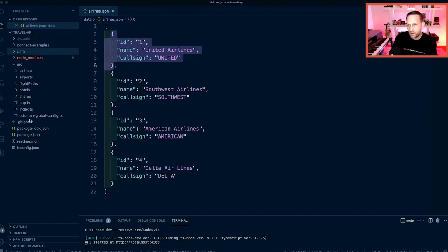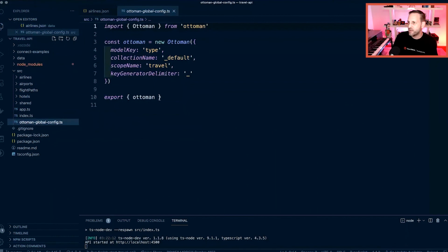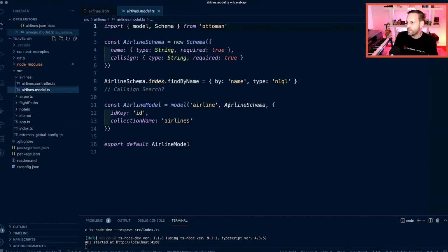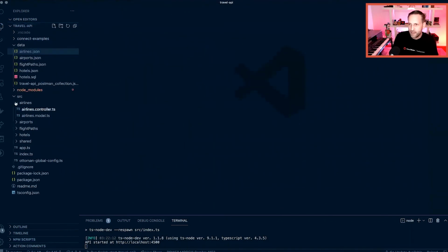Couple more minutes to go here. So let's take a look real quick at the Ottoman global config. This is where you set up the kind of defaults for your entire project. So we have collection name as default. In other words, we're really not setting it at the project level, but scope name we are. The cool thing with Ottoman is you can set up these defaults either at the project level or at the model level and override them. So the model level will always override the project level. So that's something cool we have there. And then